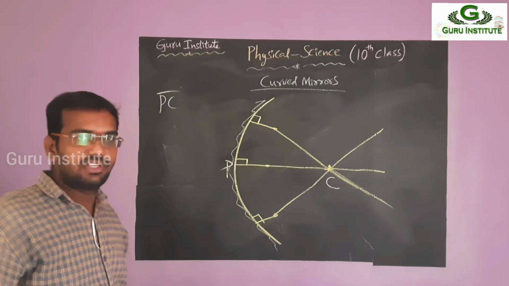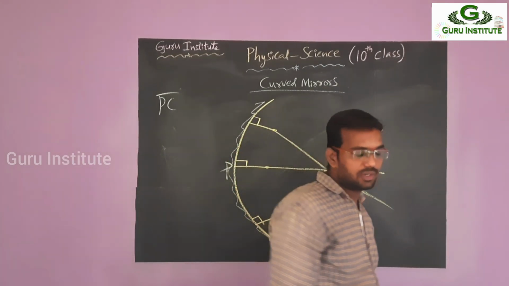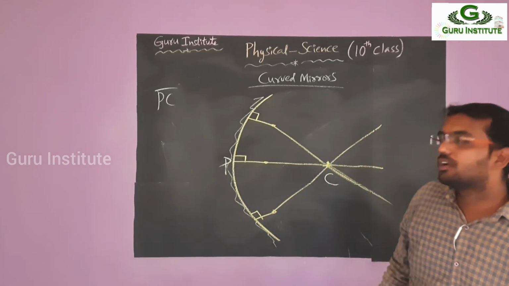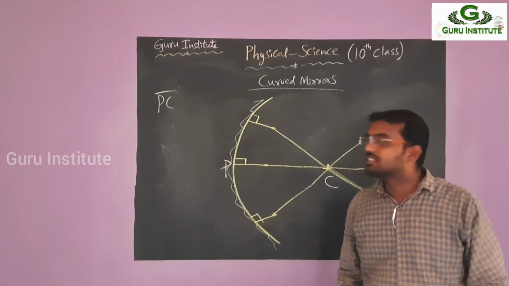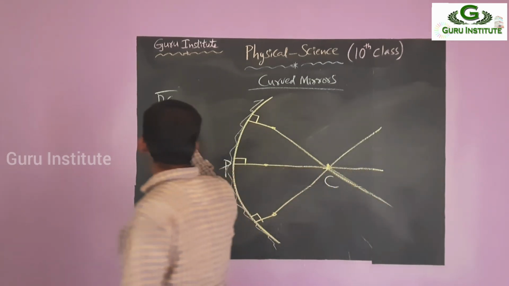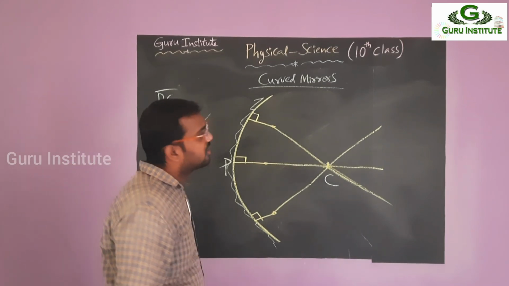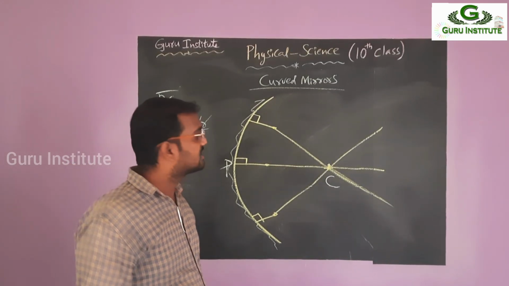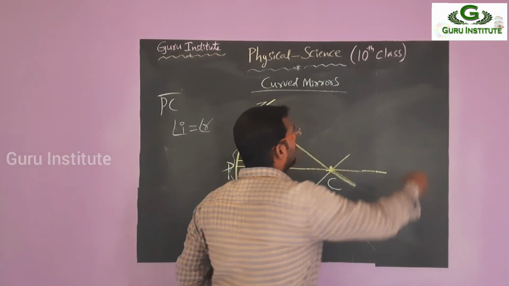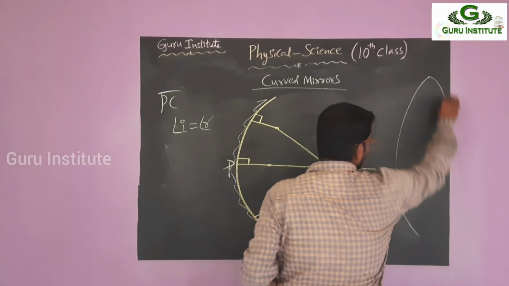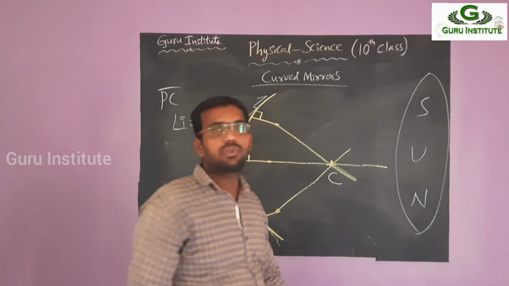Radius of curvature. So according to Fermat's principle, whenever a light ray falls on a non-transparent body, it will be reflected back. The angle of incidence is equal to the angle of reflection, right? For our universe, what is the light source? The Sun. I am taking the Sun as the light source here. I am assuming only parallel rays from the Sun.